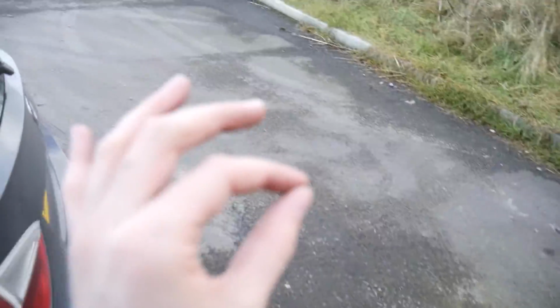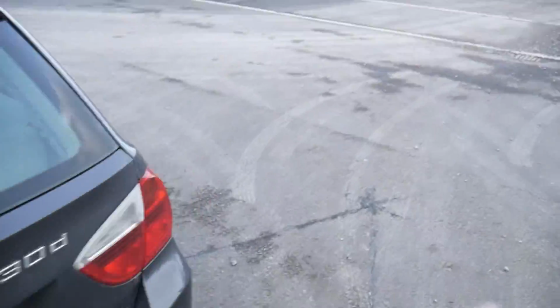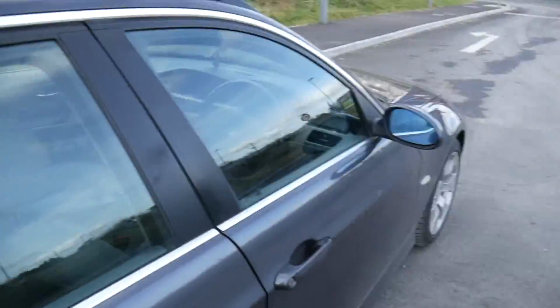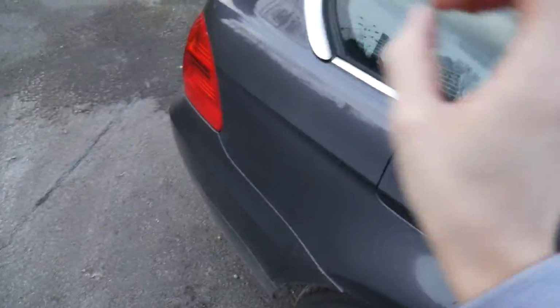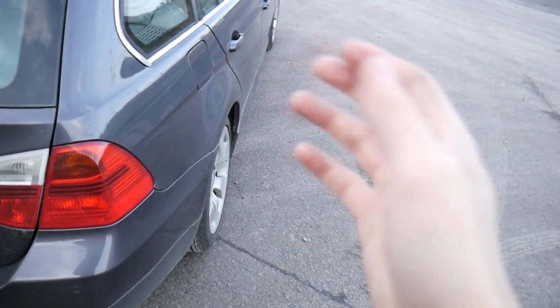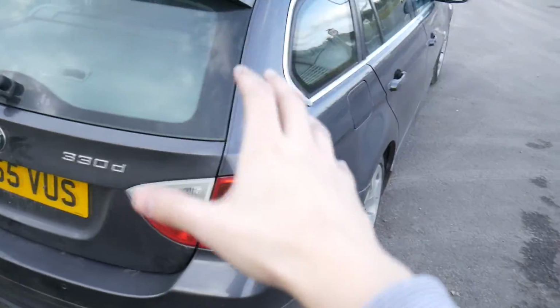I've still got my 190e, but I do not have anything else. I've just got this and my 190e. The Micra was scrapped because it was filthy. It was mouldy inside. It was disgusting. And the ML's gone ages ago. The Astra went. Everything's gone. So I've just got this, and I've got